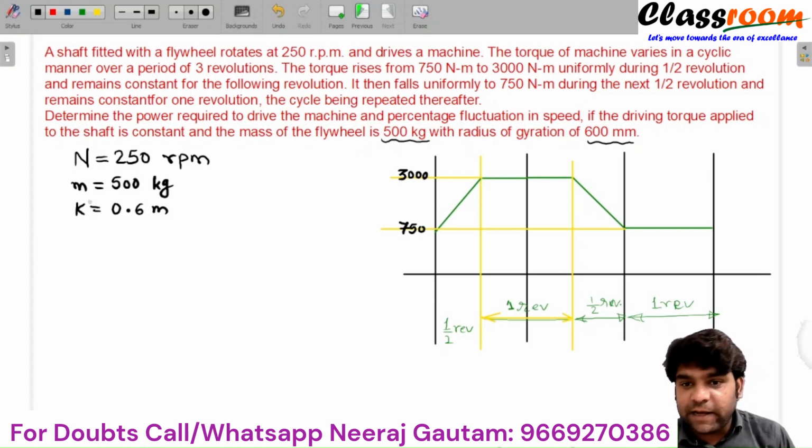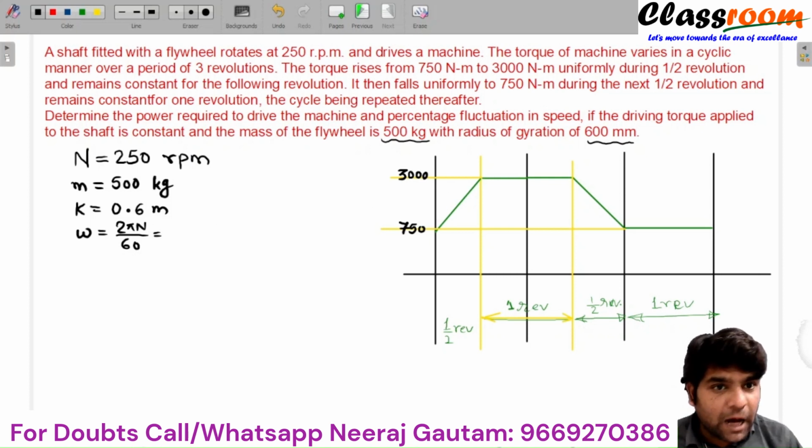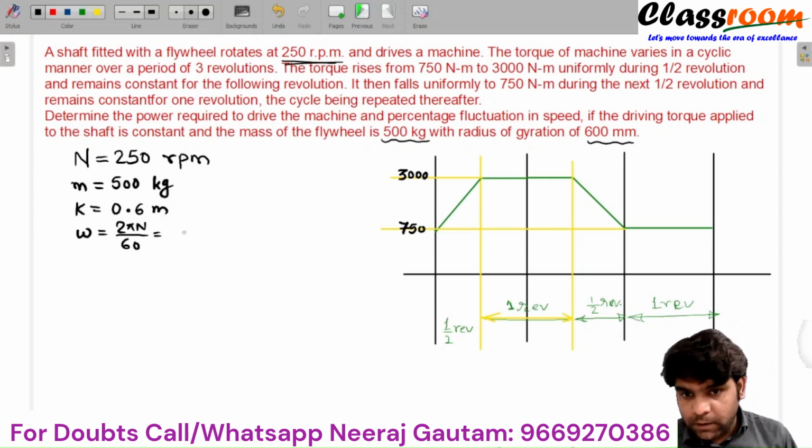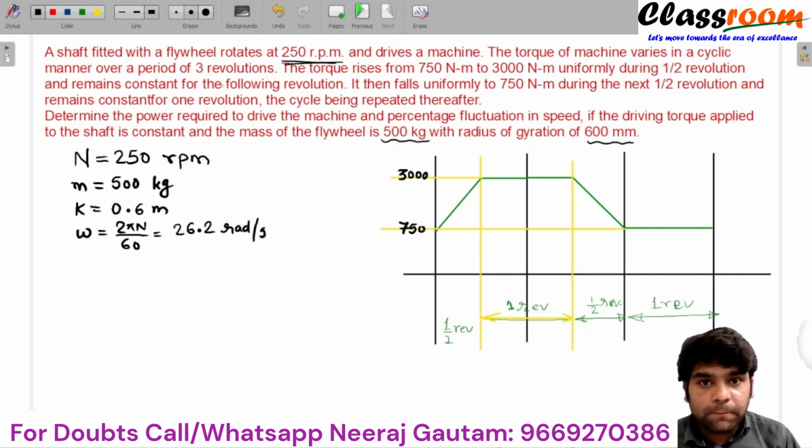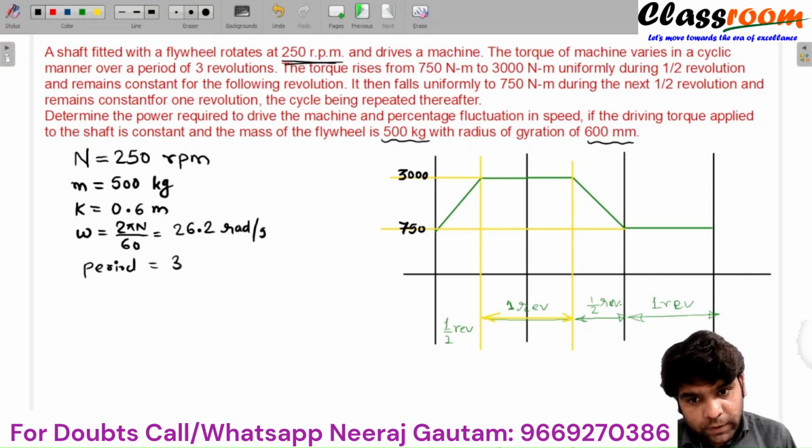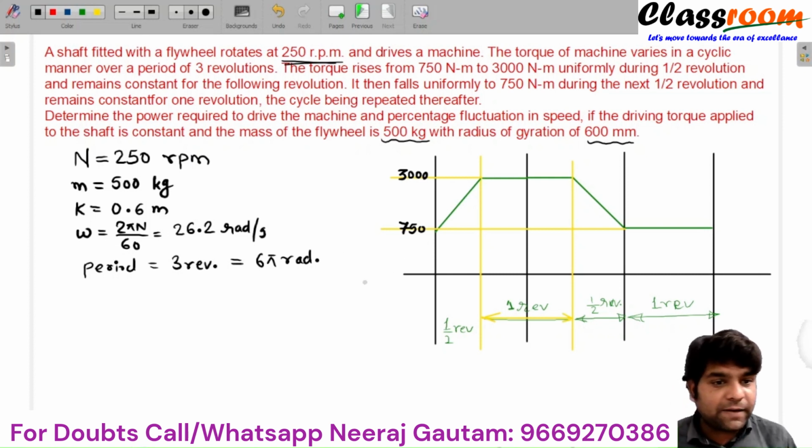If I convert the speed to radian per second, omega is equal to 2 pi N by 60. If I substitute the value of N as 250 rpm, which is given here, then we get the value of omega as 26.2 radians per second. Now the time period of the overall cycle equals 3 revolutions, that is 6 pi radians. Now the total work done during this cycle,